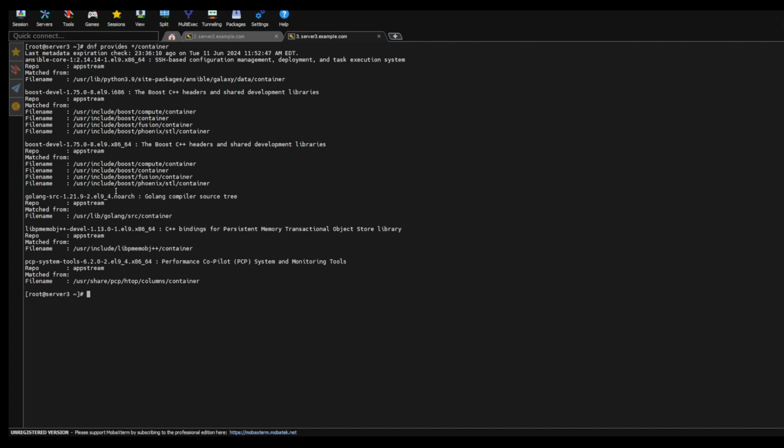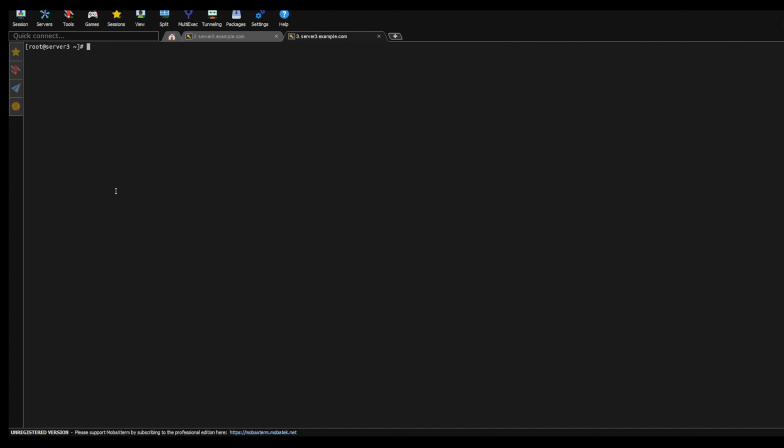But none of these packages actually offer me container or Podman. So in order to install Podman, you run the command dnf install and the word container-tools. Sorry, I meant to say dnf container-tools. So the way to install is dnf install container-tools. And as soon as I hit enter,